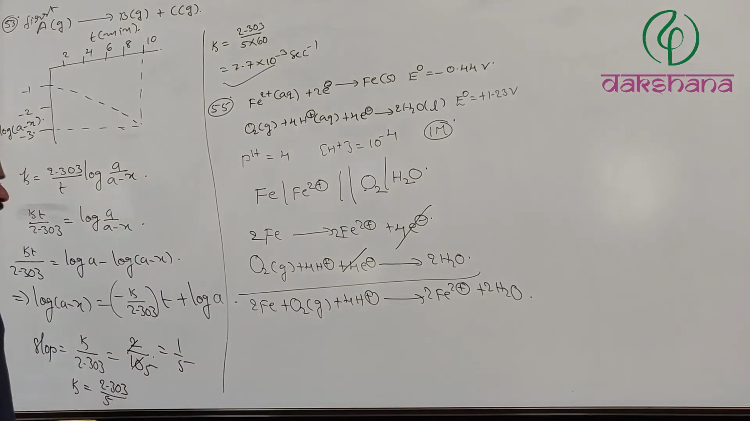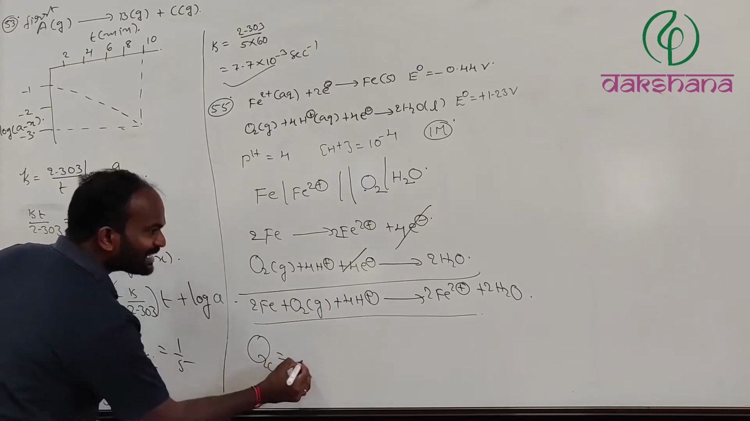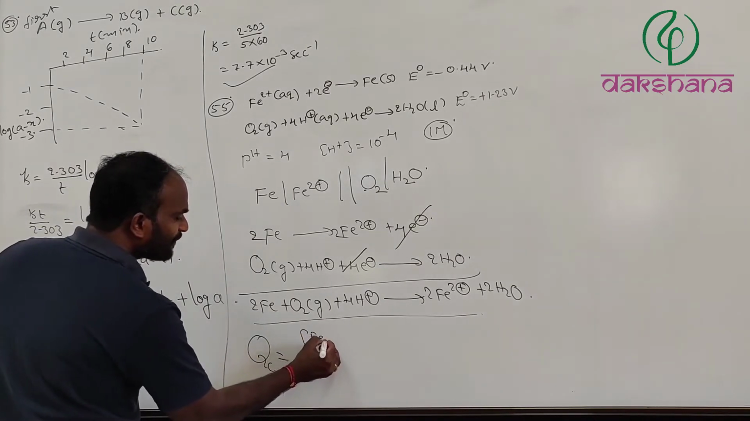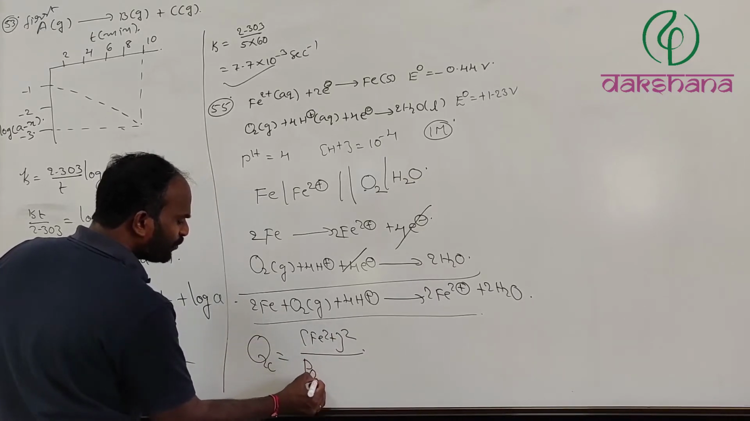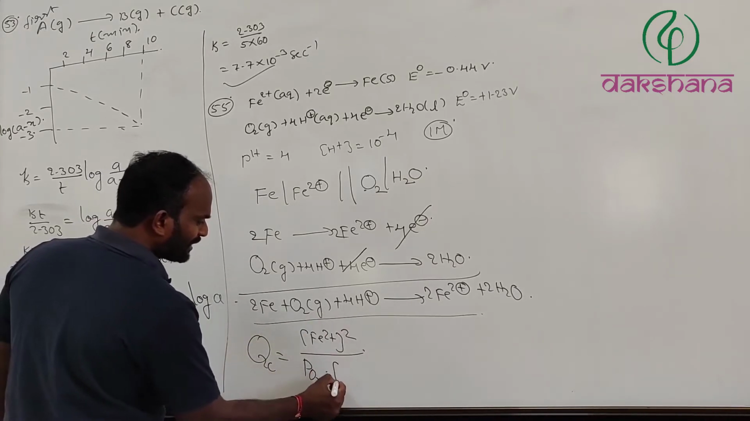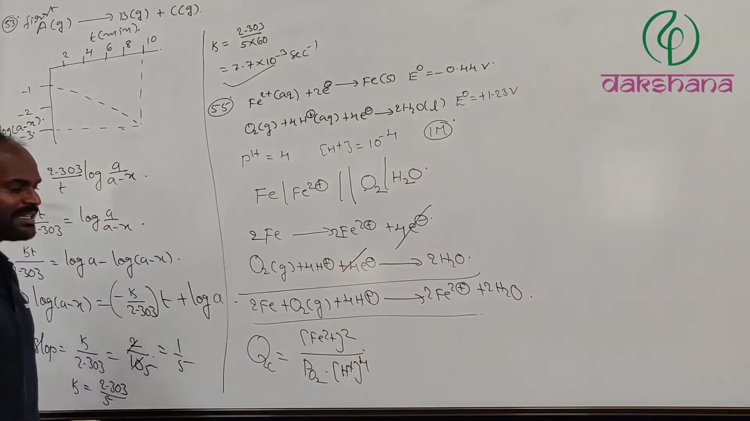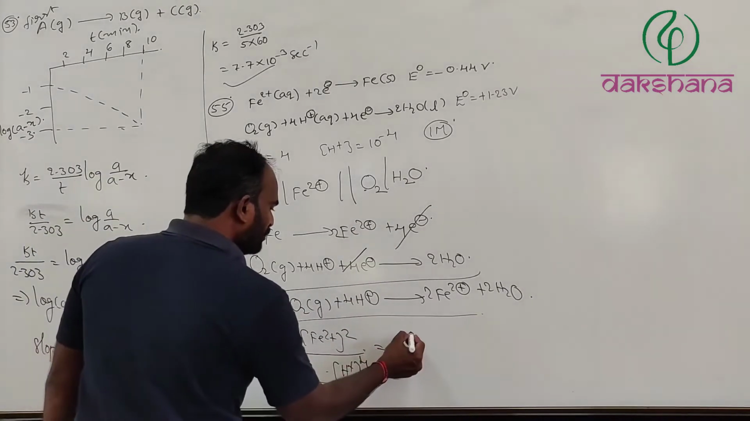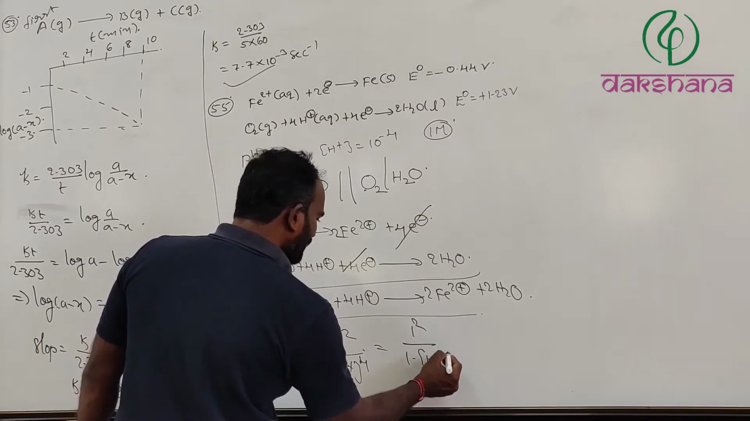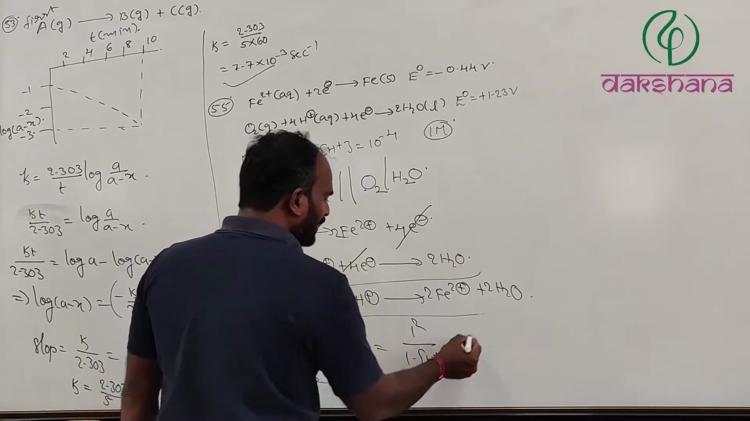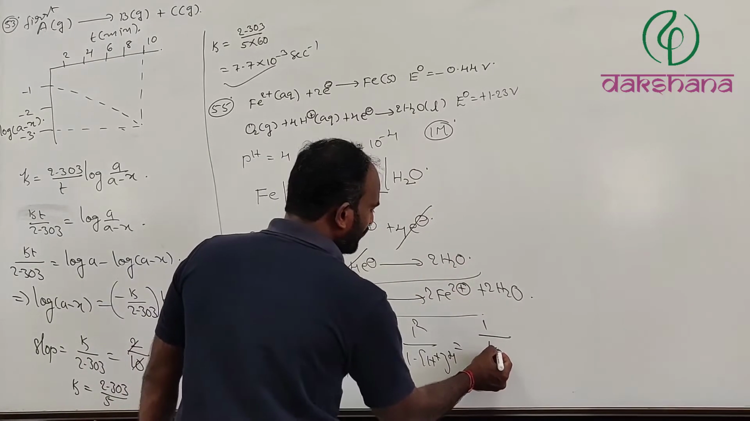Now for this reaction, just write the QC value. QC is equal to the concentration of Fe plus 2 whole square divided by the partial pressure of O2, 1 atm only, given, because under standard conditions the concentration of H plus is to the power 4. So now this is 1 square divided by 1 into the concentration of H plus power 4. These are under standard conditions, but here the concentration of H plus, that we know, is 10 power minus 4